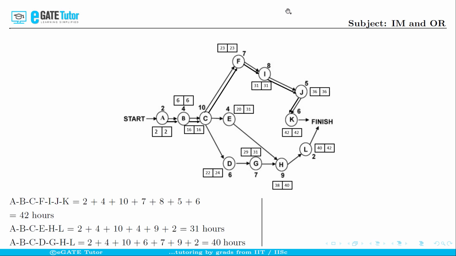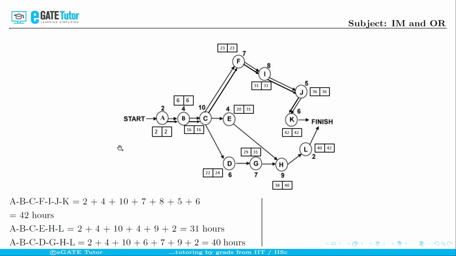Okay, so now you go into the network and see these double lines. Okay, these double arrows are used to indicate the critical path in the given network. Okay, that is an important point to be remembered in this question. So now we have found out the critical path and it is confirmed that activity L is not on the critical path. Okay, now let us try to calculate and know how these times are calculated.